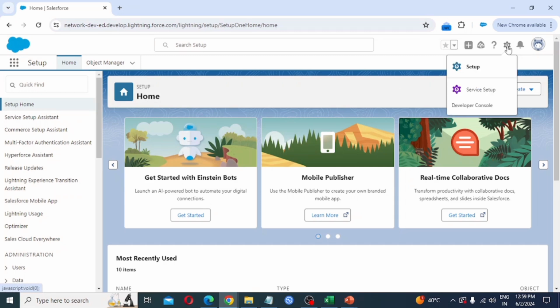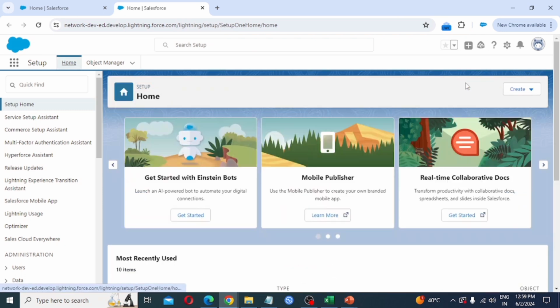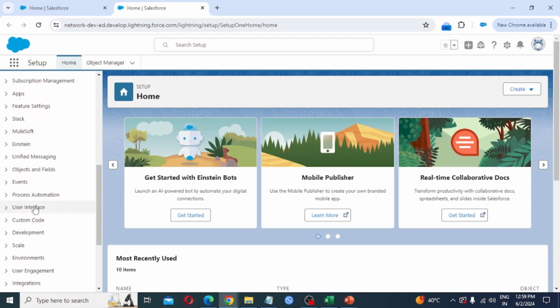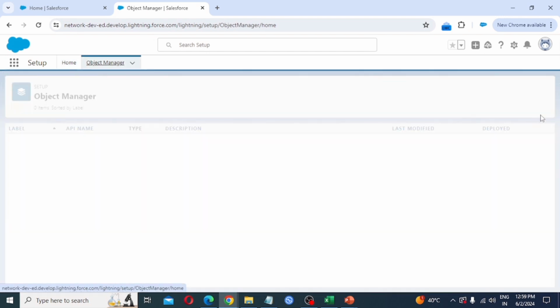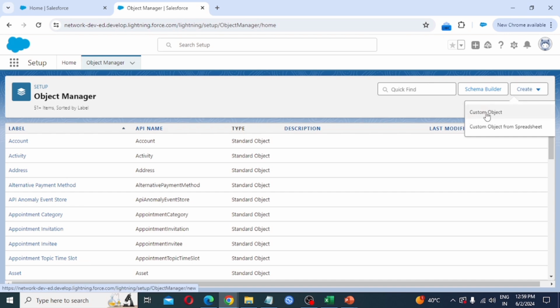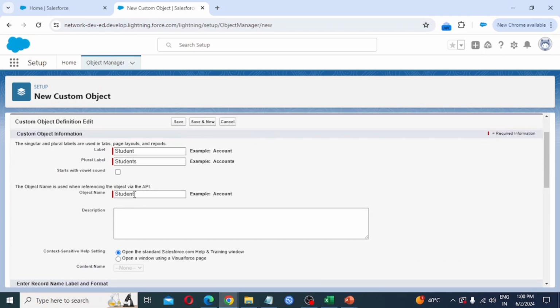Setup. Under platform tools, objects and fields, object manager. At the right side, we are seeing the create drop down, custom object. So provide all the details: label student, plural is students, object name is student,